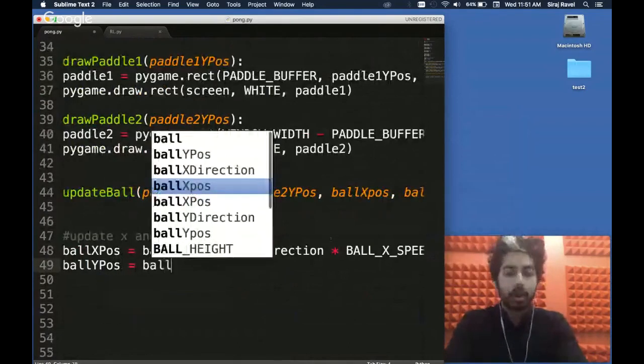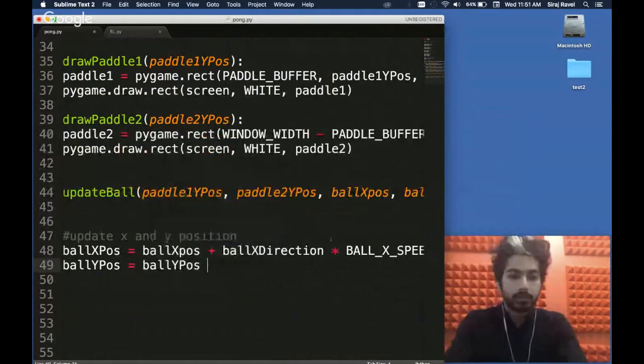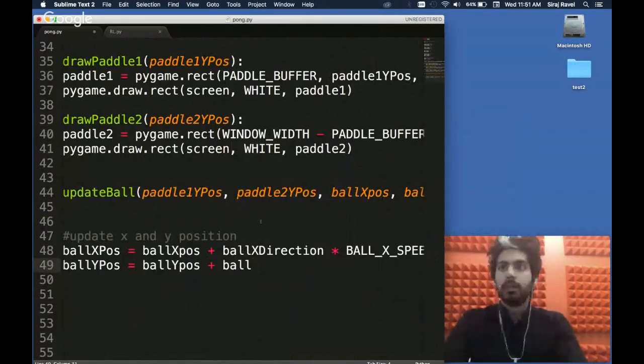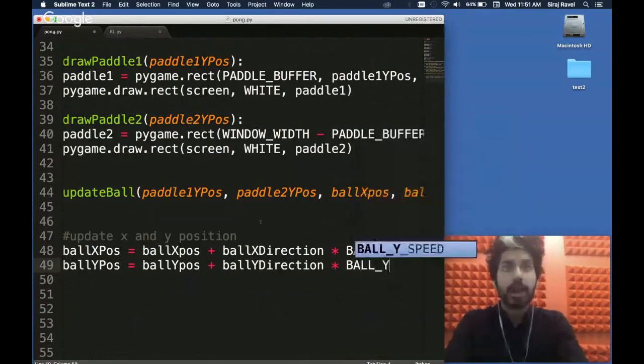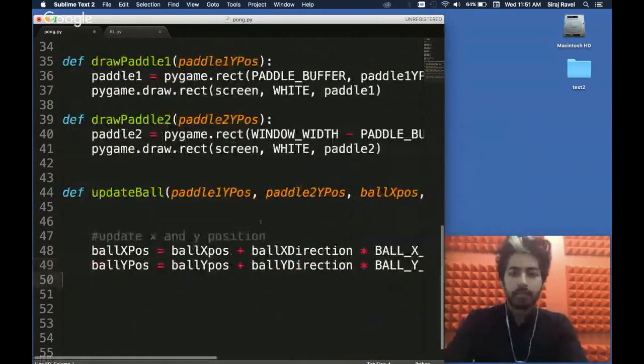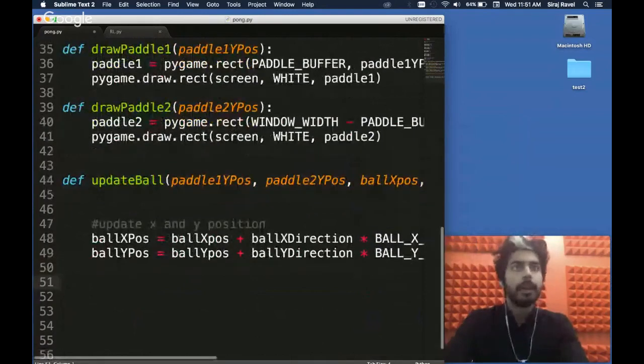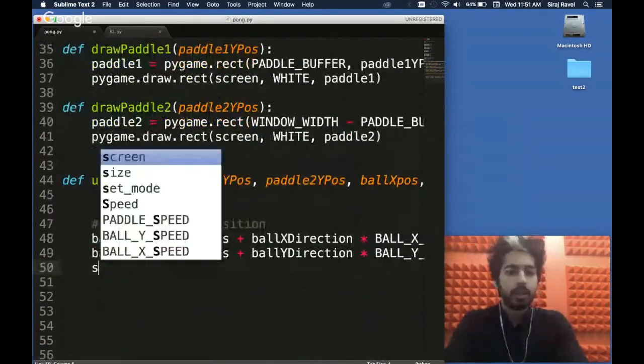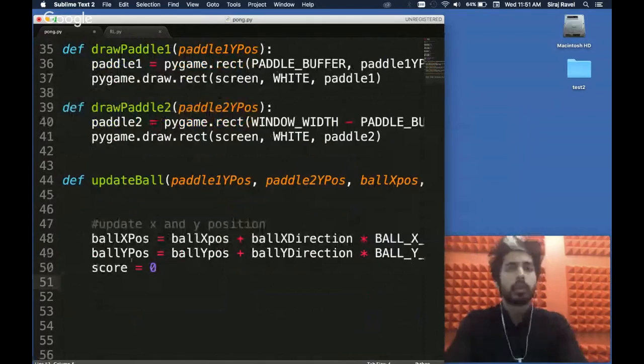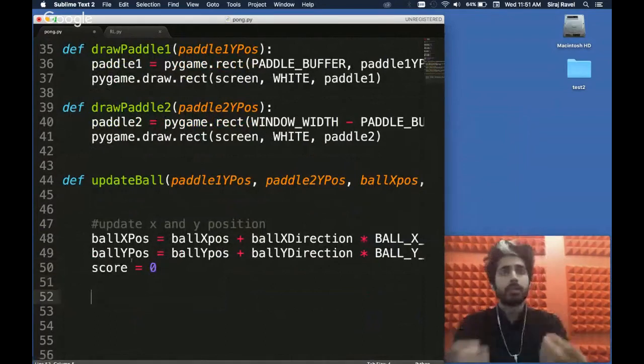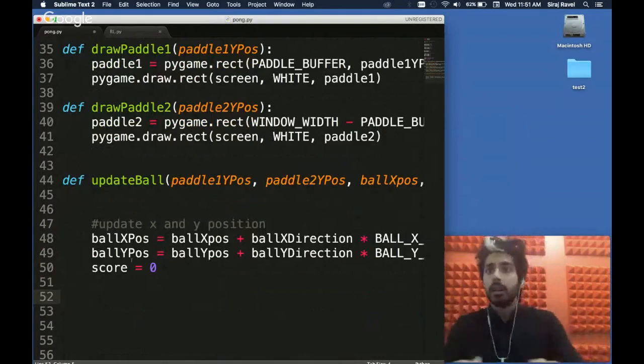All right, so ball Y position plus ball Y direction times ball Y speed. All right, there we go. And we're going to say the score is going to be 0. It's going to start off with no score. And we're going to update the score and return the score as well.